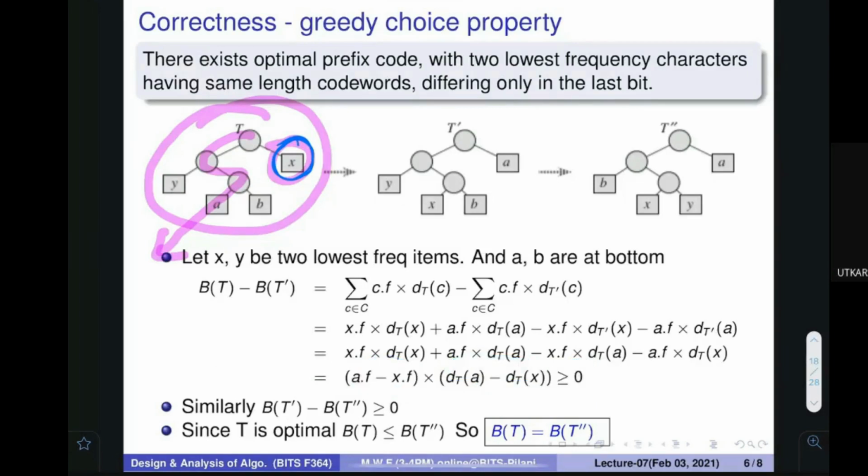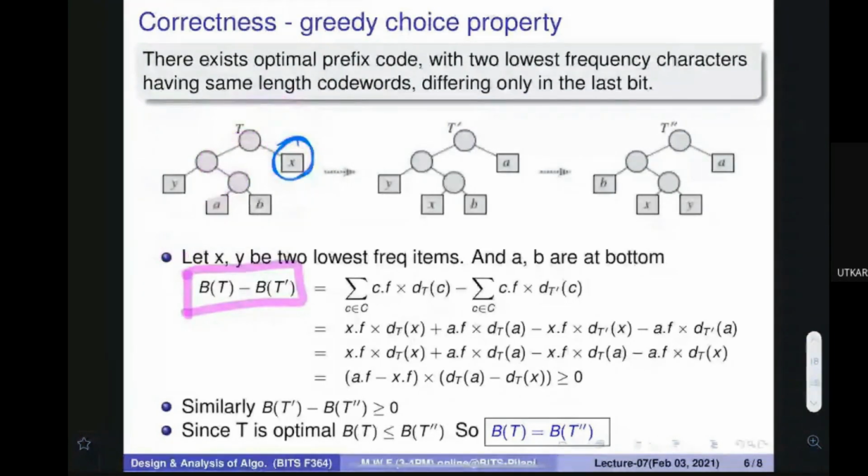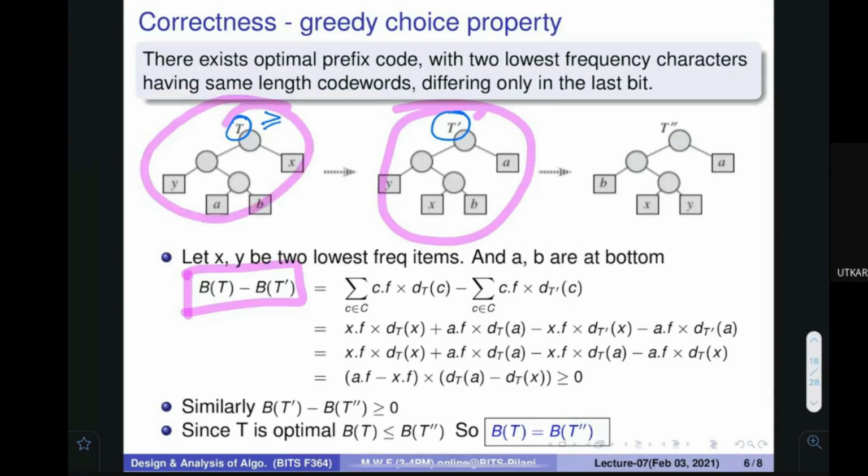So what does it mean? It means that this quantity is greater than 0, meaning the number of bits required in T is greater as compared to the number of bits required here. So which is optimal? Optimal would have the lesser number of bits. Optimal is this. So you came up with this optimal? No, no, this is not optimal. I can just exchange these two things and it would become optimal.